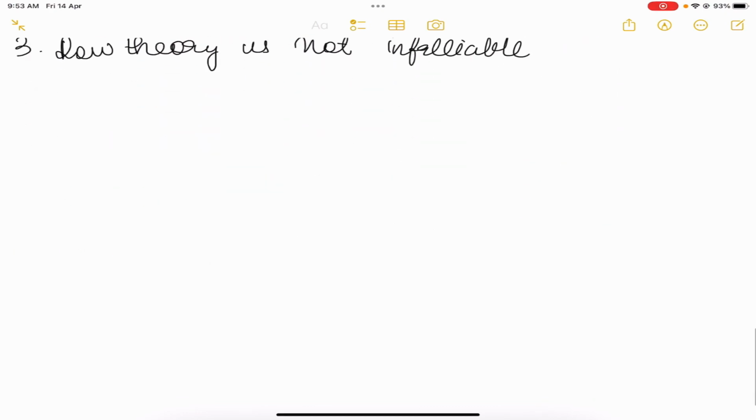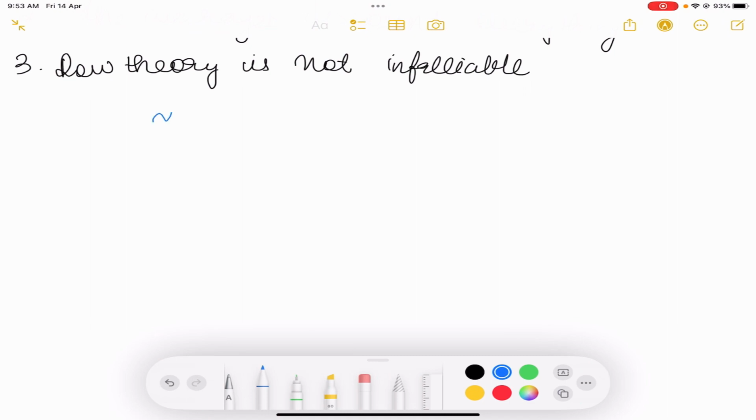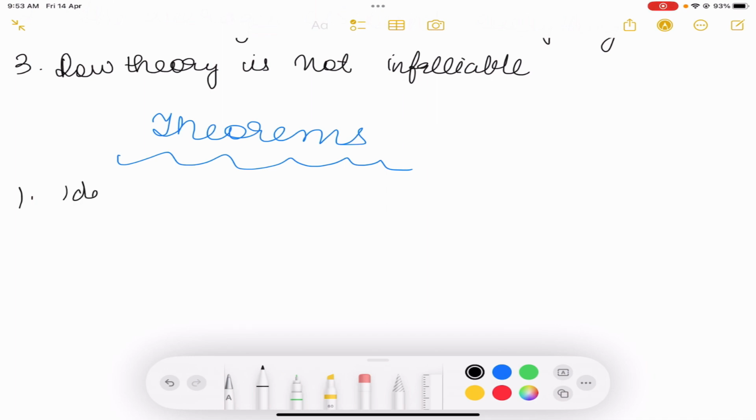Now let's start with the actual theorems, and we'll also be seeing the examples in my TradingView chart. So the Dow theory theorem. The first theorem is that the ideal market picture consists of an uptrend, top, downtrend and bottom. So the first theorem says that any ideal market condition would consist of uptrend,